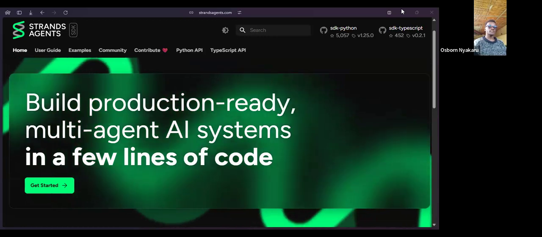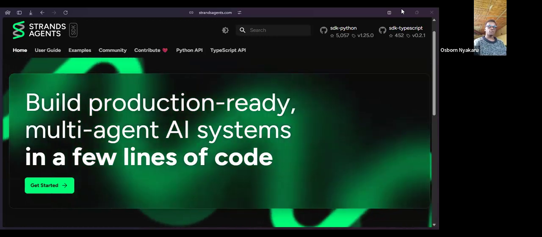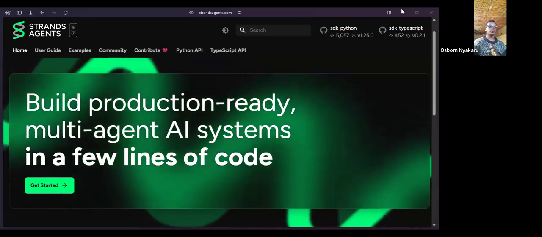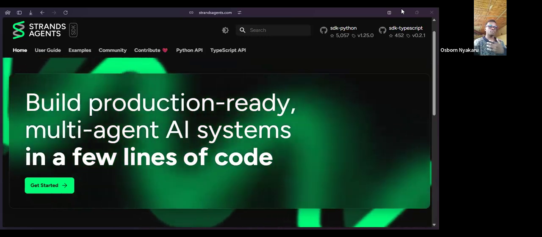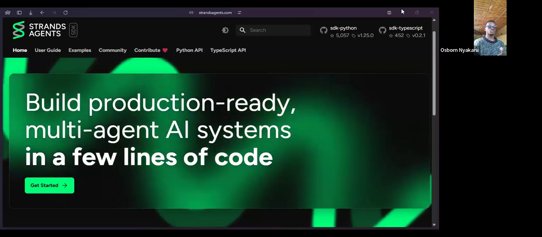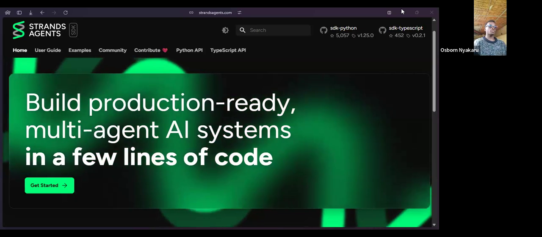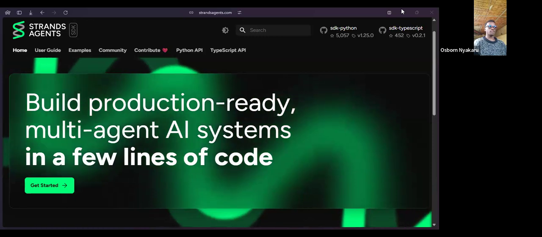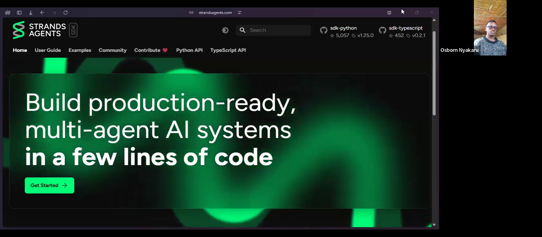access to the models themselves, because for you to access the models, most of them are paid for. From what I was describing, I was using Gemini because that one is easily accessible.